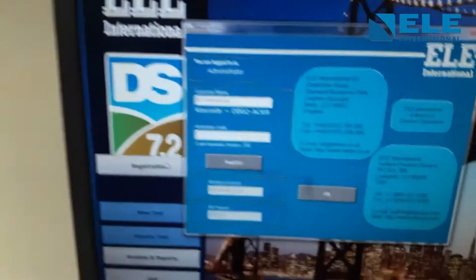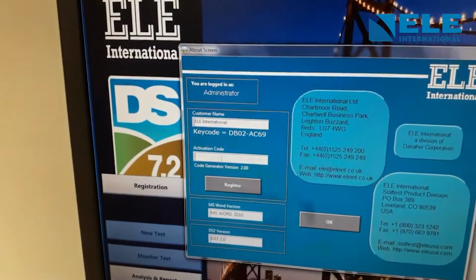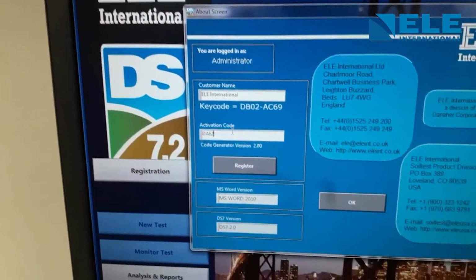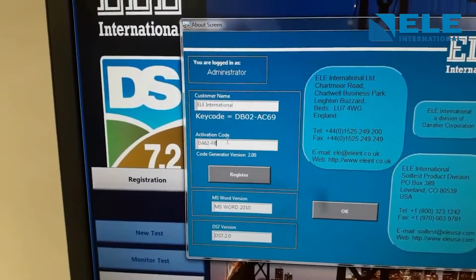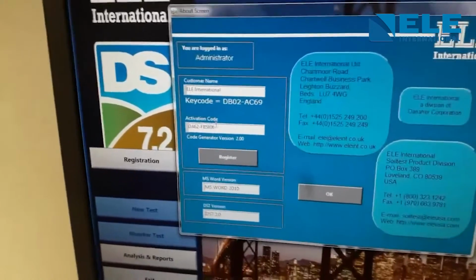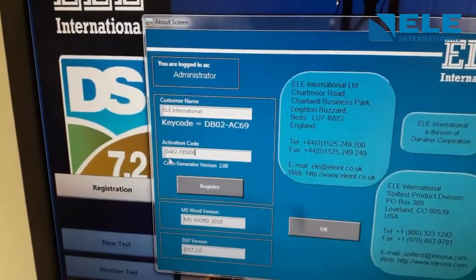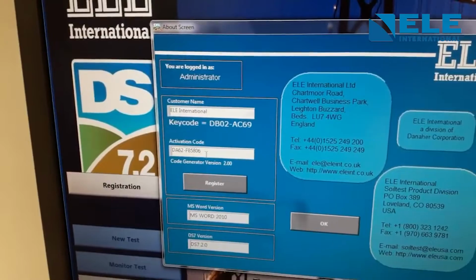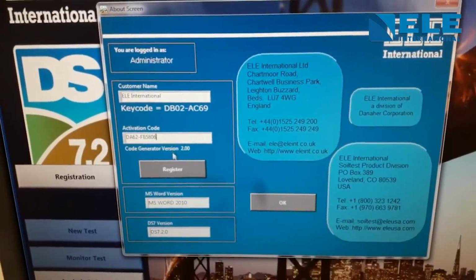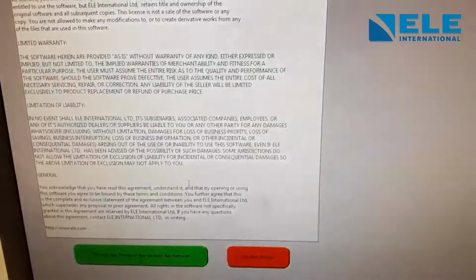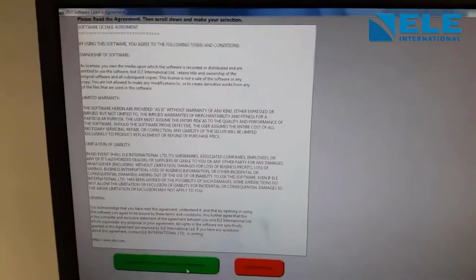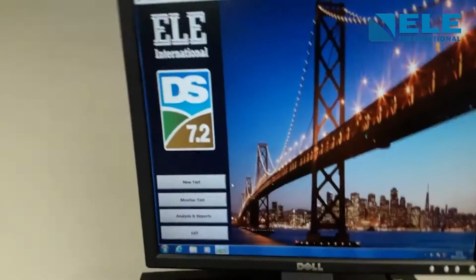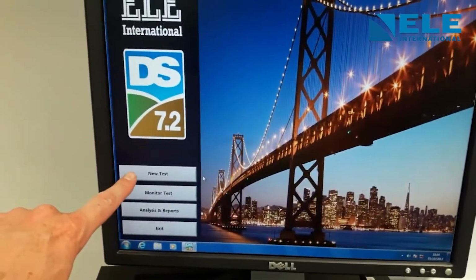So I'm going to enter the activation code for this software here. Now this must be done in uppercase. And you can see the format that this is in: Delta Alpha, 2 numbers, a hyphen, Foxtrot Bravo, and then 3 or 4 numbers depending on the packages that are being opened. Once you've entered this, click register, accept the license agreement, and the software will now be open. And we're able to tell that the software is open because new test and monitor